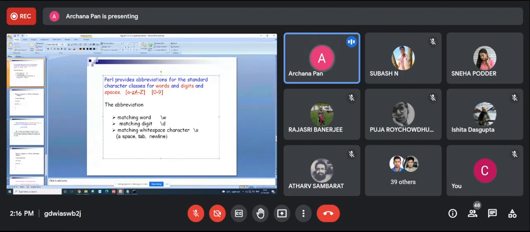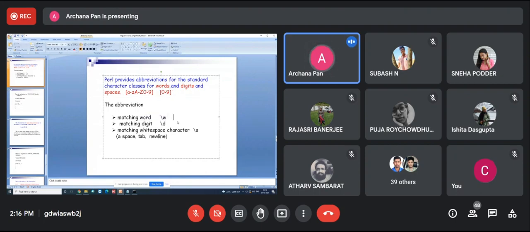Or you can write all three together. So you can represent all three together, matching. The abbreviation of this character class is this one. If you want to match anything, lowercase or uppercase or digit, you can use this one.